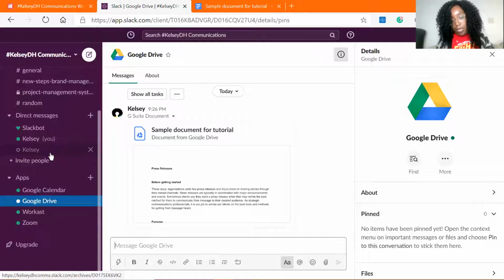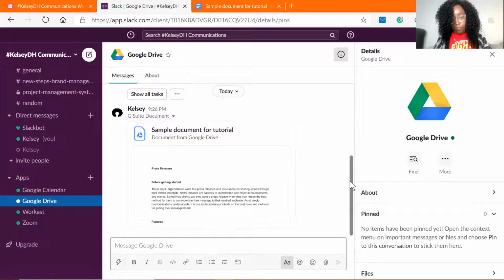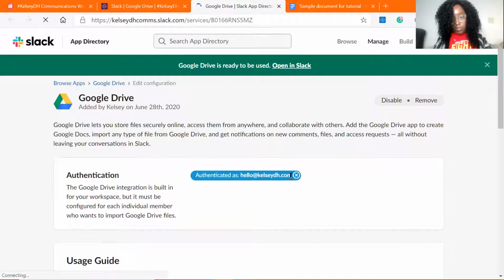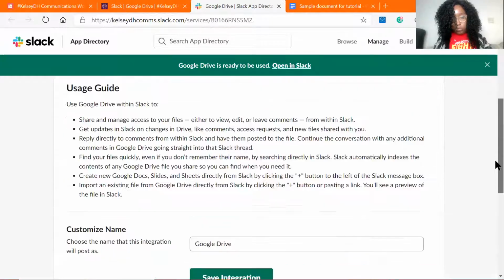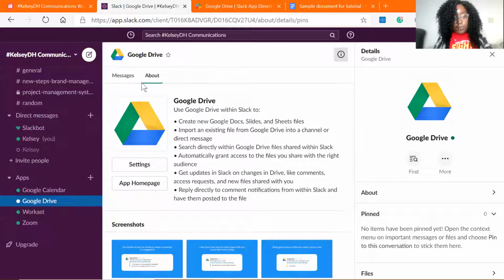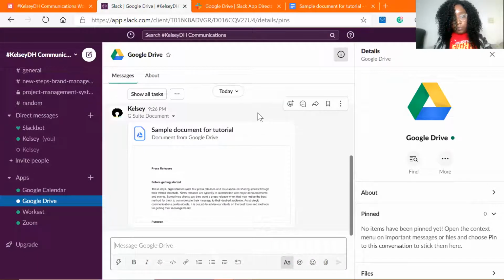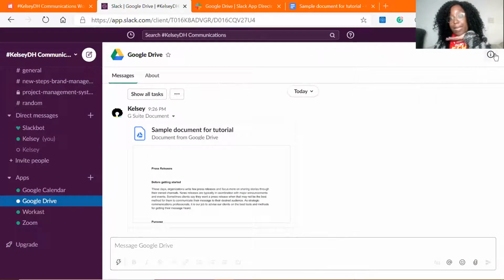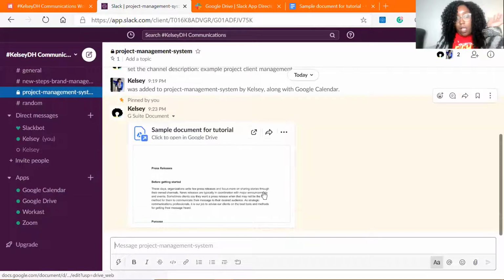So if I added a comment, what's supposed to happen is, oh, maybe it's in my settings. I don't know. But what's supposed to happen is I'm supposed to get some sort of update that something has happened in my document. I just don't know why it's not doing that now. It's being finicky, but that's the point. But if not,